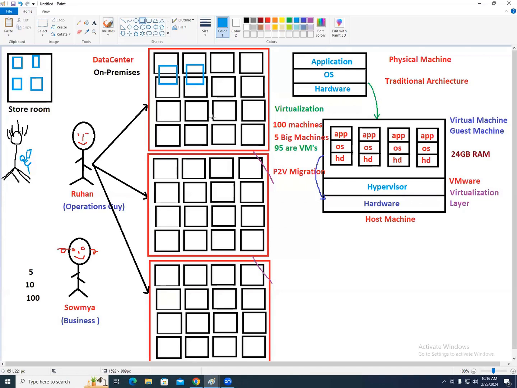Now, Soumya called, "Hey, Ruhan, we are getting a big project now." Ruhan is happy or not? Yes, he's happy. And Ruhan will say, "Hey, Soumya, bring it on." Only one project? That's your limit? Get 5 projects, no? Because he has the concept of